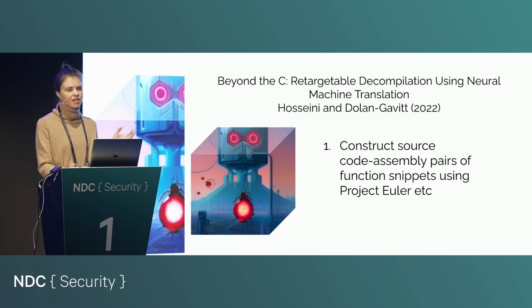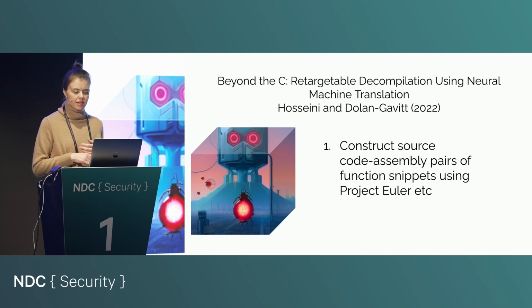As mentioned before, they applied the 3-step procedure for generating a machine learning model. First they constructed the data set. They needed a lot of code snippets that they could compile into assembly, and those would be used as language A and language B in this neural machine translation model, if you will. So they scraped a bunch of public competitive programming repositories, such as Project Euler. Those code snippets are usually fairly self-contained and don't have a lot of external library calls, which makes them ideal to study this kind of problem. So that's how they acquired the data.